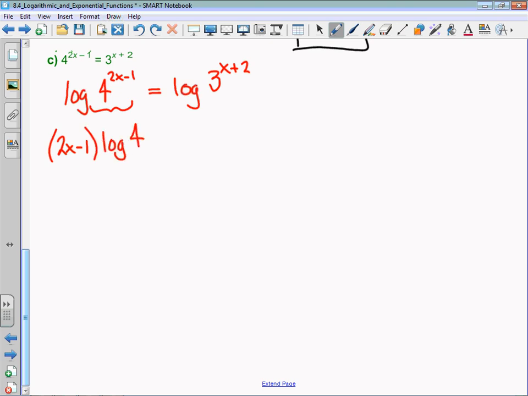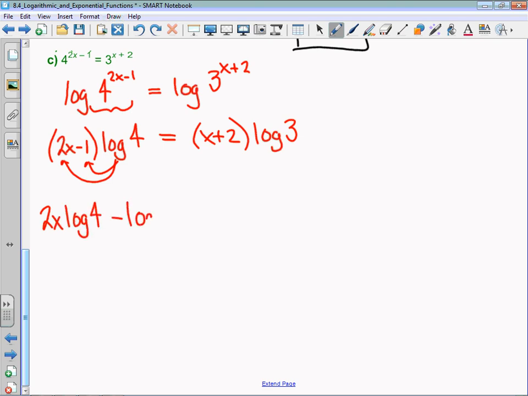These brackets are very important. I have seen phenomenal math students just pretend that they don't need them and then forget that they should have been there. So it's very important that you're systematic with that notation because it prevents a lot of mistakes, because the next step is that we have to distribute log 4 onto both terms. So I get 2 times x times log 4 minus the log of 4 is equal to x log 3